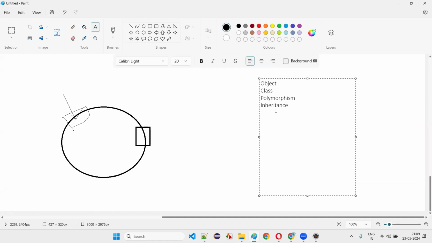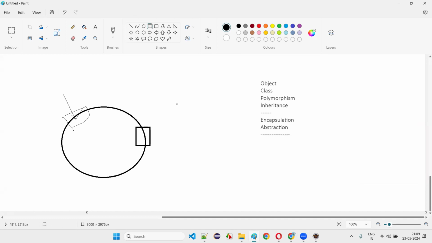After that, I told you that there are 2 more items left out. What are the 2 more items? Encapsulation is one thing and abstraction is another one, right? Encapsulation and abstraction are the 2 more object-oriented concepts left out. I am now talking about encapsulation. So what is encapsulation? I am going to cover it now. Encapsulation is a mechanism in Java where, okay,